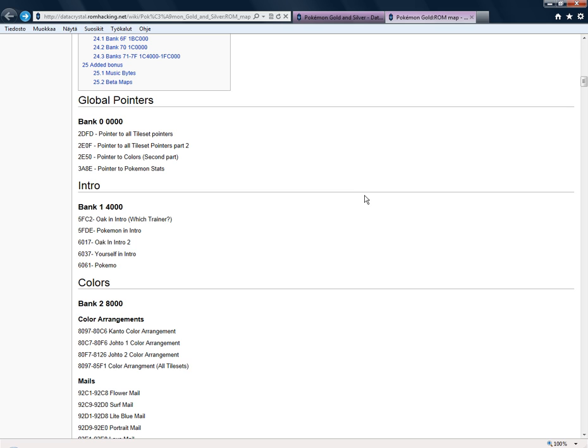And I don't think I have much to say about this really. But if you for example wanted to change the sprite shown in the intro, you would just go to this offset, change that byte to something else. It's the trainer group byte,